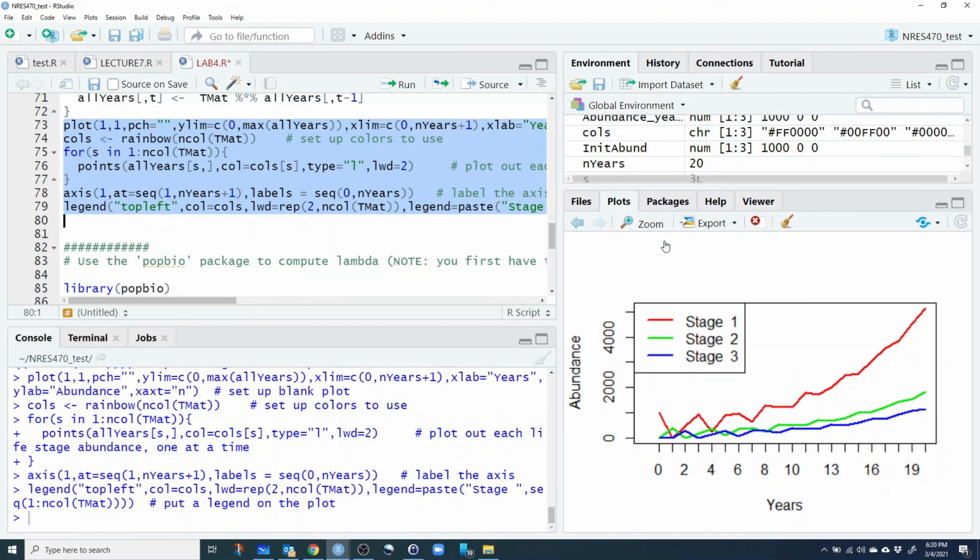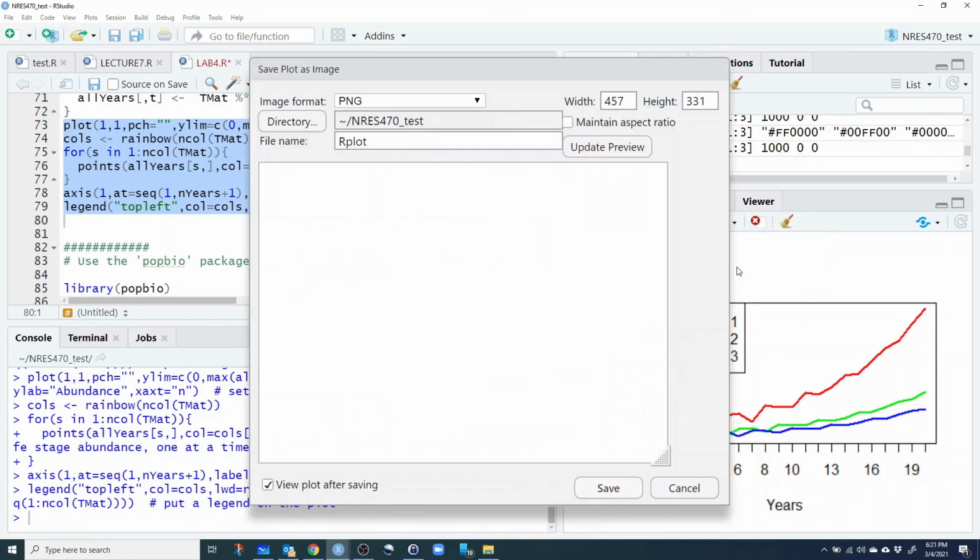There we go. And if you wanted to zoom in, you can do that. If you wanted to save the figure, you could save it as an image and maybe load it up into Top Hat if you want. You could save it as a PNG or a JPEG, and yeah, so maybe name it,